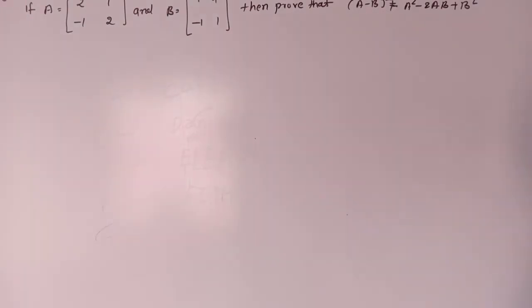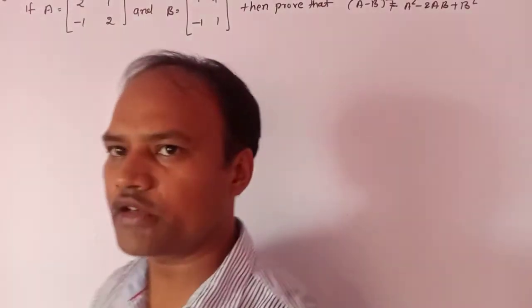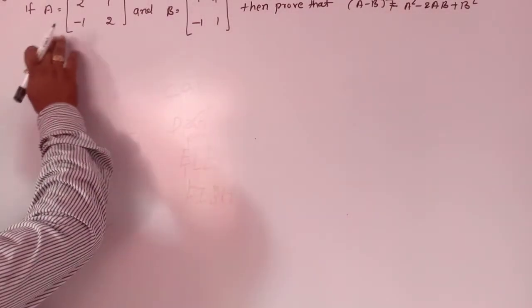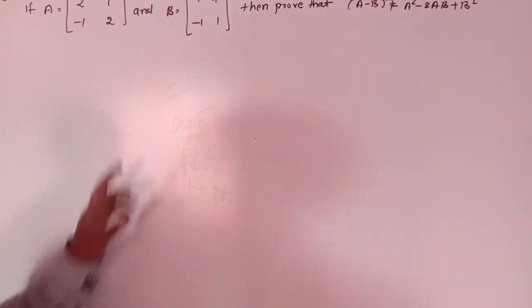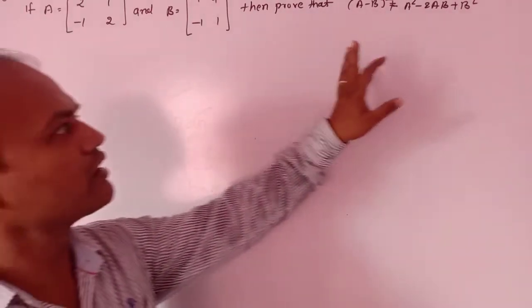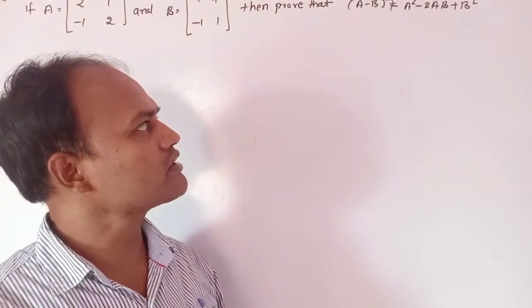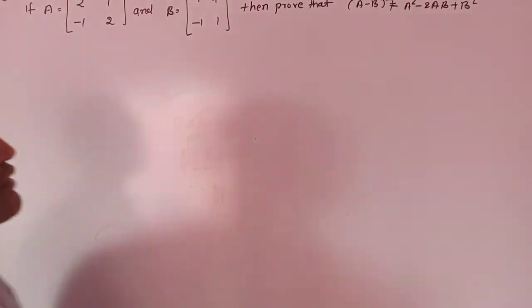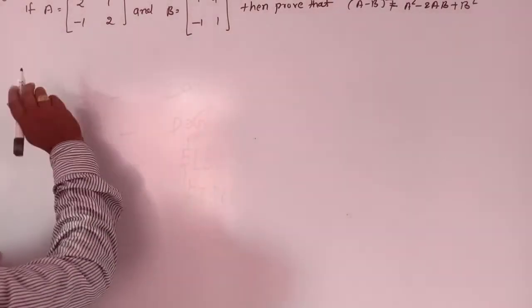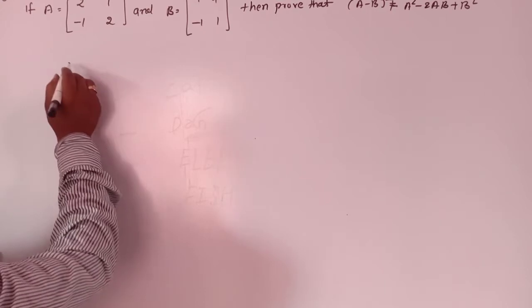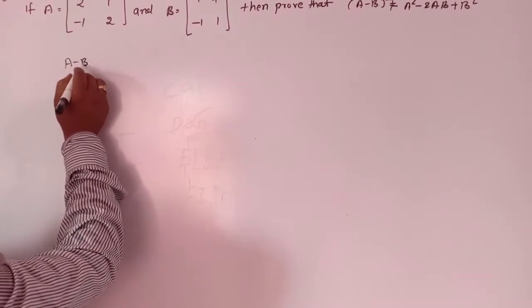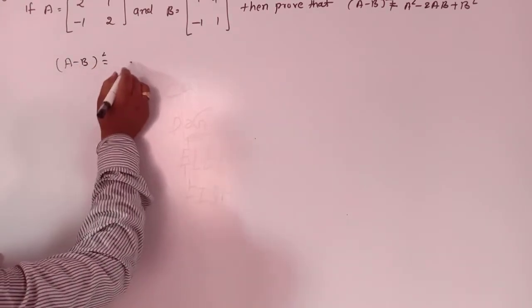Now we are going to solve question number 20. What is question number 20? If A equals [2 1; -1 2] and B equals [1 4; -1 1], then prove that (A - B) whole square is not equal to A square minus 2AB plus B square. So students, first we have to find (A - B) whole square,